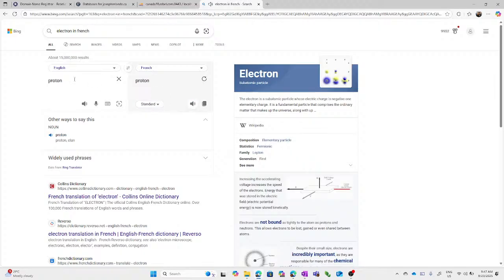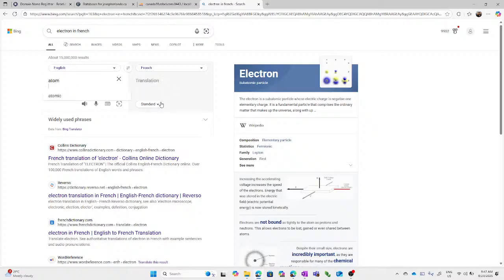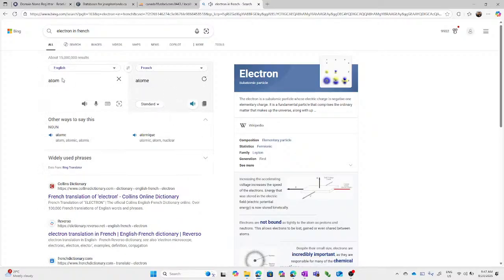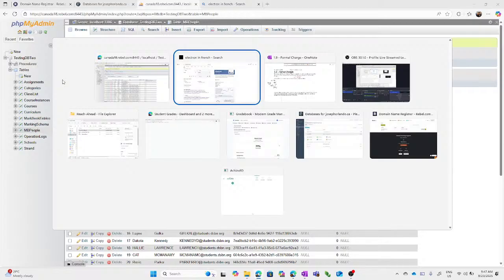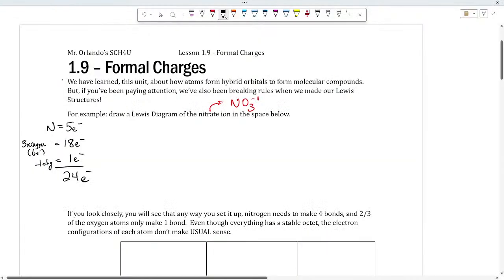Neutron. Atome. Les atomes ont des électrons, des protons et des neutrons. Ah, okay. Anyway, mon Dieu, voici des électrons. Okay, so combien d'électrons? Il y a 24 électrons en le nitrate ion. Anyway, okay. So,